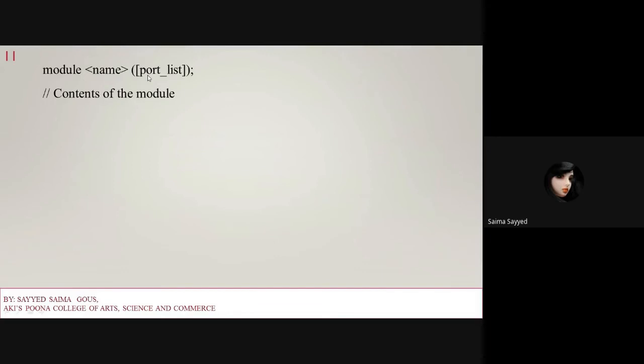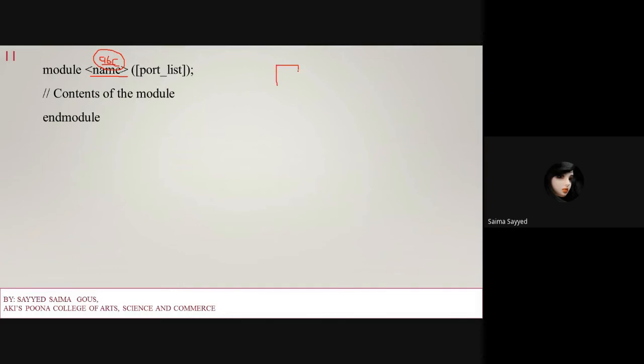Next, the contents of the module. You have to write the module name. The module name can be anything, A, B, C, or whatever the design is, multiplexing, demultiplexing. Then the port list.